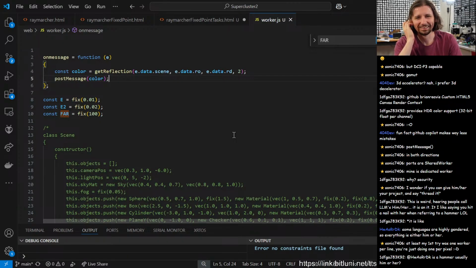Yes, we will see how far we get with that. We also want to put